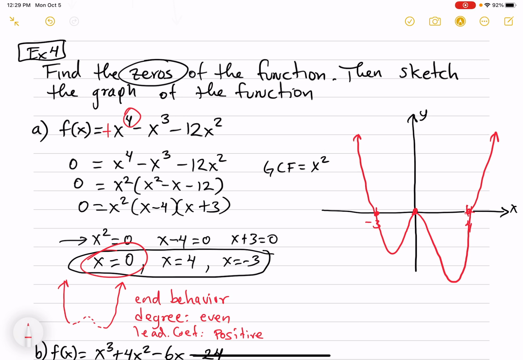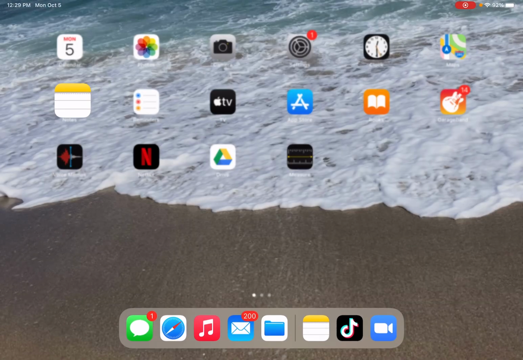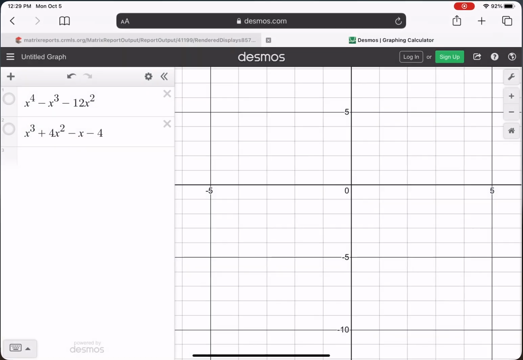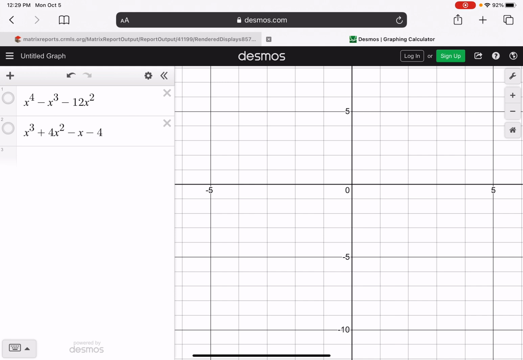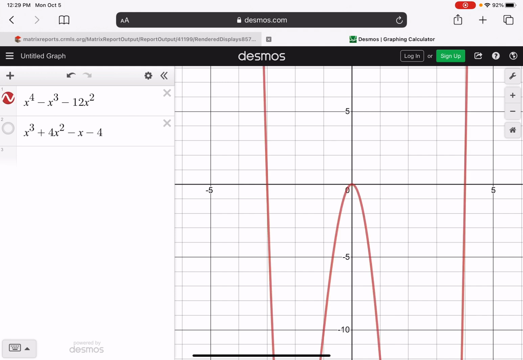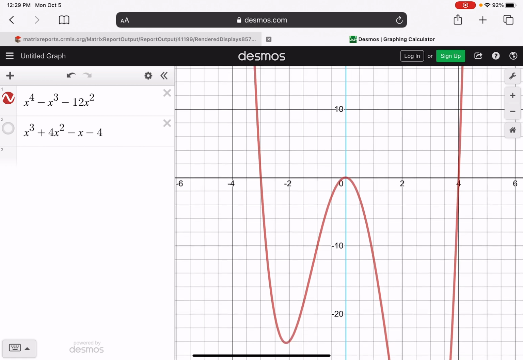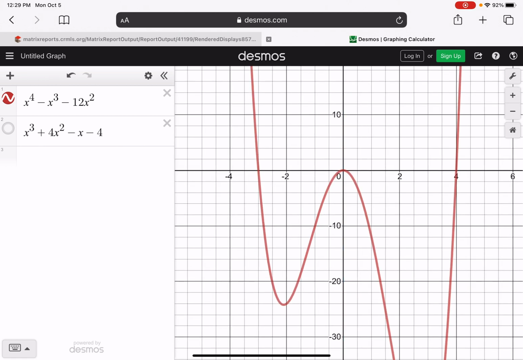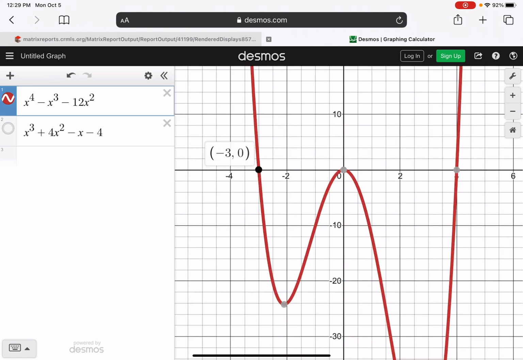So just to double check that my graph right here makes sense, I am going to go now and show you on Desmos how this actually makes a lot of sense. So here we go, this is the function that we had. Notice how if I zoom in, this graph makes sense, where we have our x-intercepts at -3, 0, and 4. Okay, so going back to the notes,